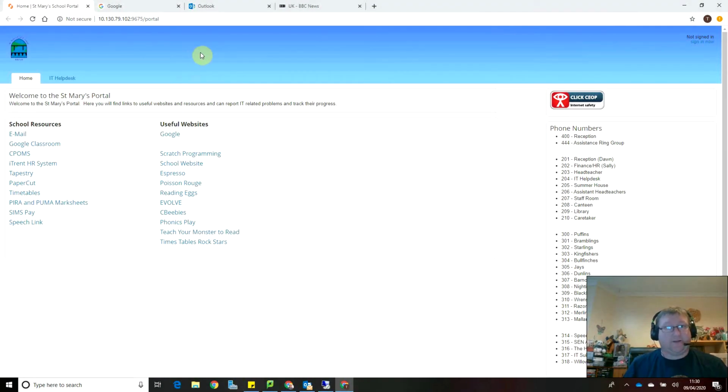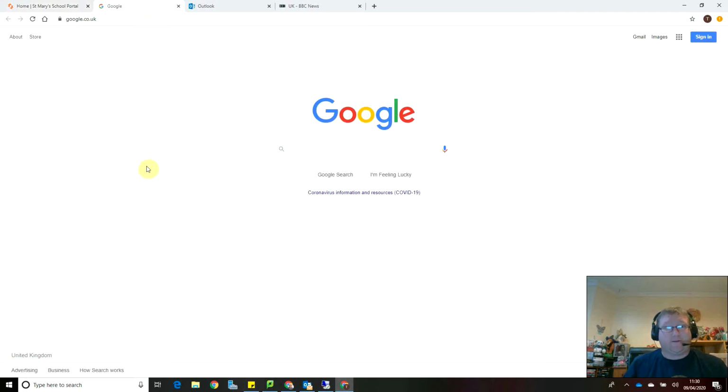Okay, this is a quick guide on how to get onto Google Classroom and set an assignment. So, first of all, you need the internet open. If you go to google.co.uk, you should see a sign in option up at the top right of the screen. If not, there'll be a little round circle there, which will either have an initial or a picture in. You need to click on that